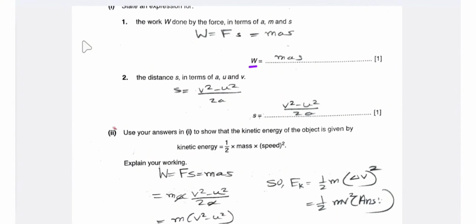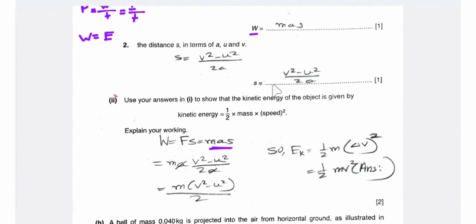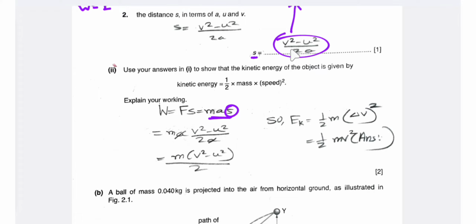We usually know that power is equal to work done by time taken, or energy by time taken. So that means work done is equal to energy. So work done is equal to MAS from part 1, and S is equal to this expression. So instead of S, we can substitute this value. After solving, A and A cancel, and the overall equation becomes